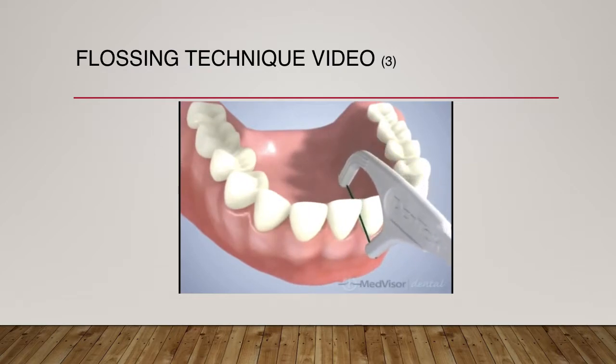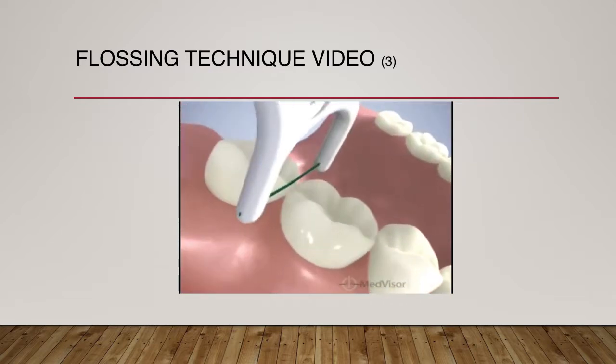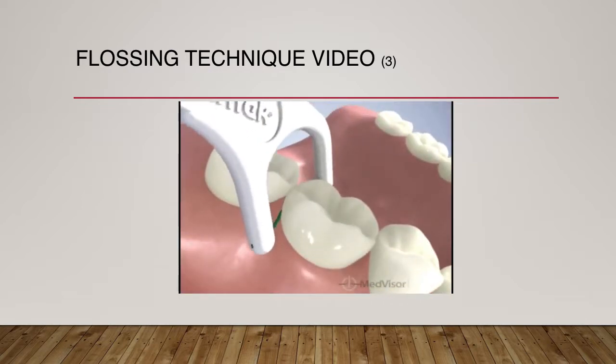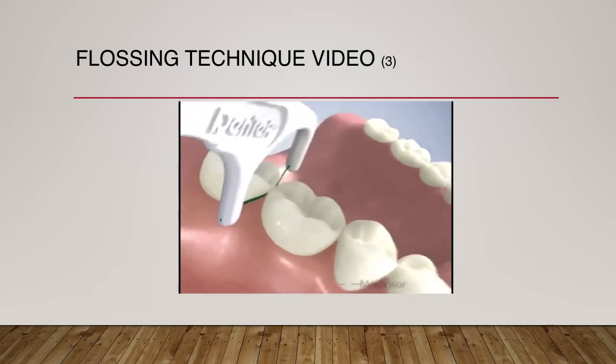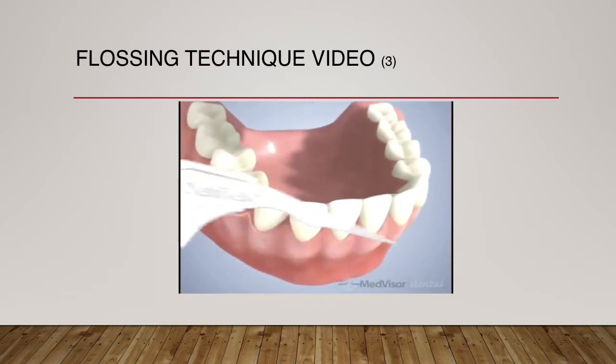Gently slide the mint wax floss up and down between all teeth, removing plaque buildup. Allow the floss to wrap around teeth and clean above and below the gum line. Place the textured pick between teeth and gently press against the gum. Use an in and out motion to remove food, plaque, and stimulate gums.